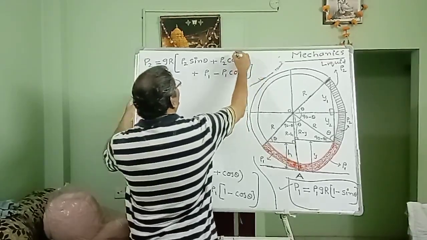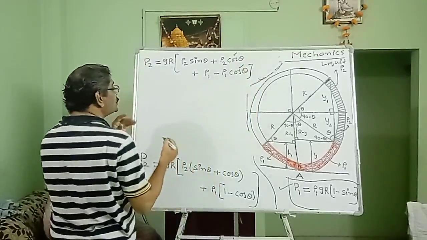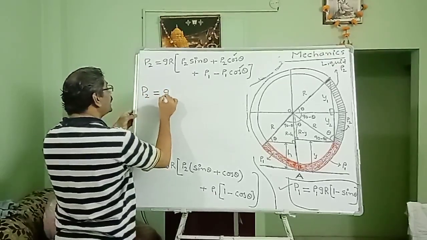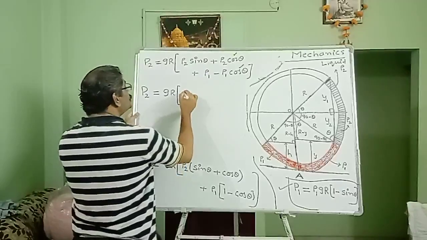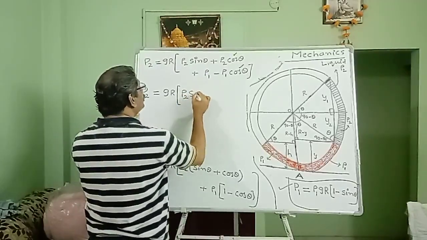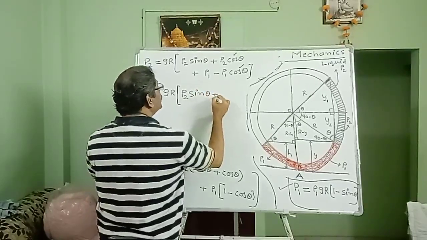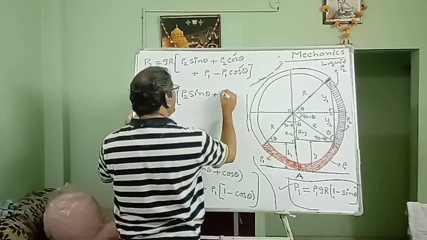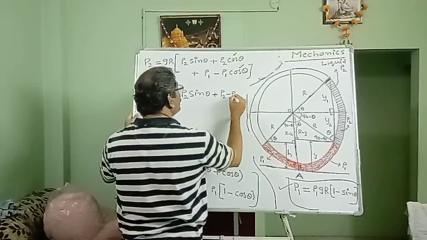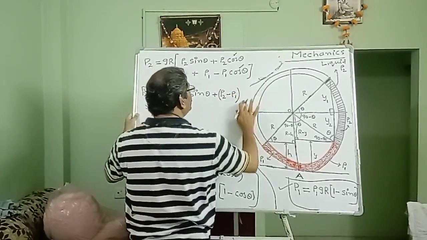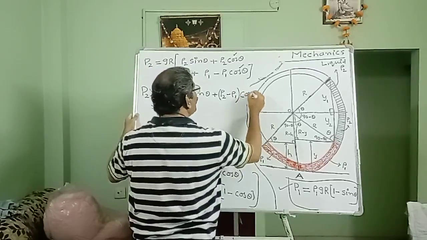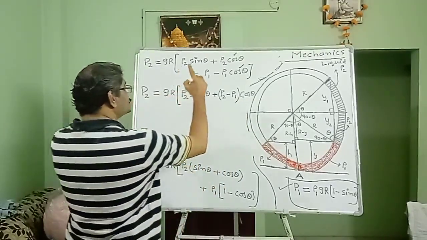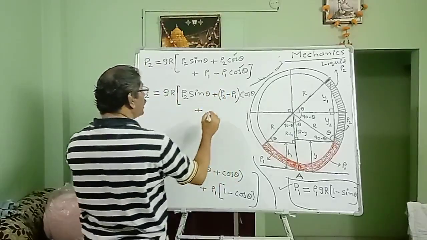So what I can do, I can take cos theta terms common, so what I get, P2 will be numerically equal to GR whole multiplied by rho 2 sin theta plus, in these two terms I can take cos theta common, so I am getting rho 2 minus rho 1 multiplied by cos theta